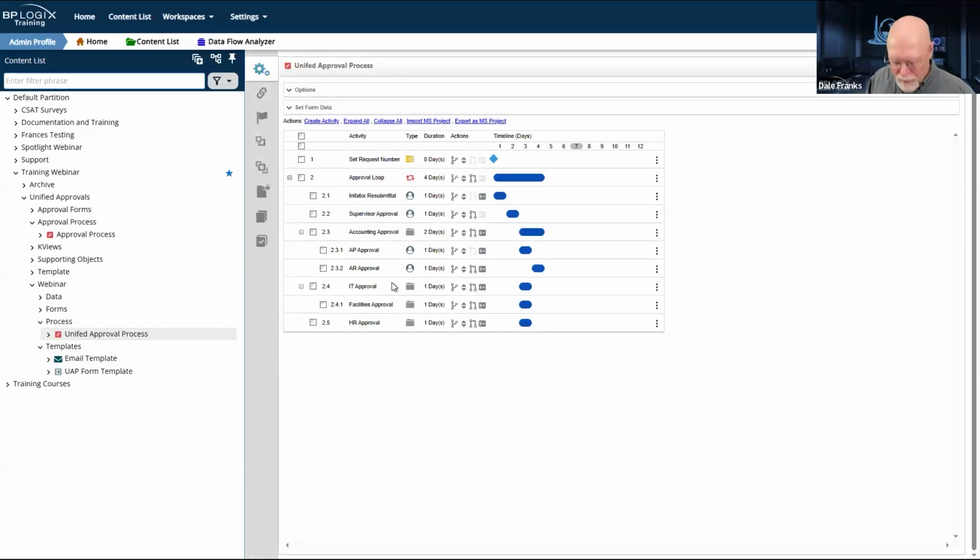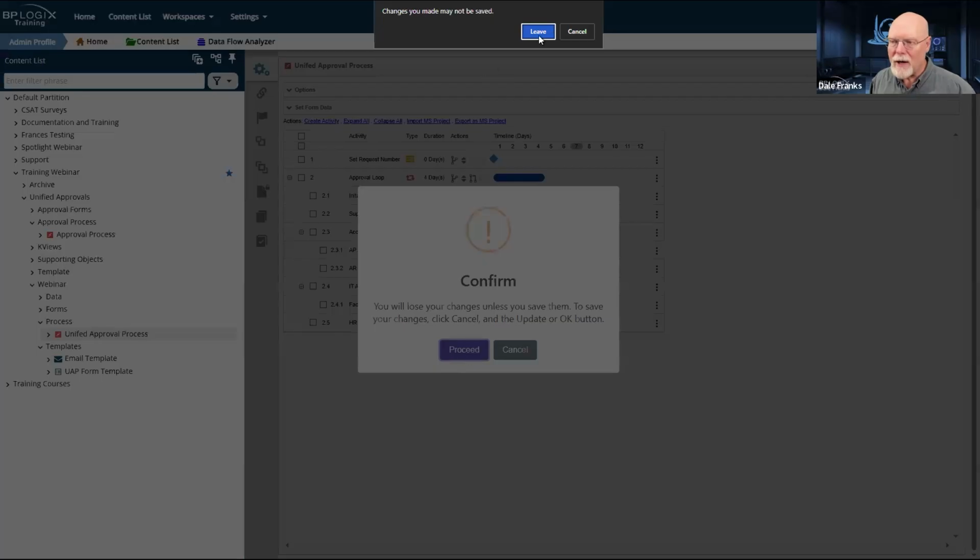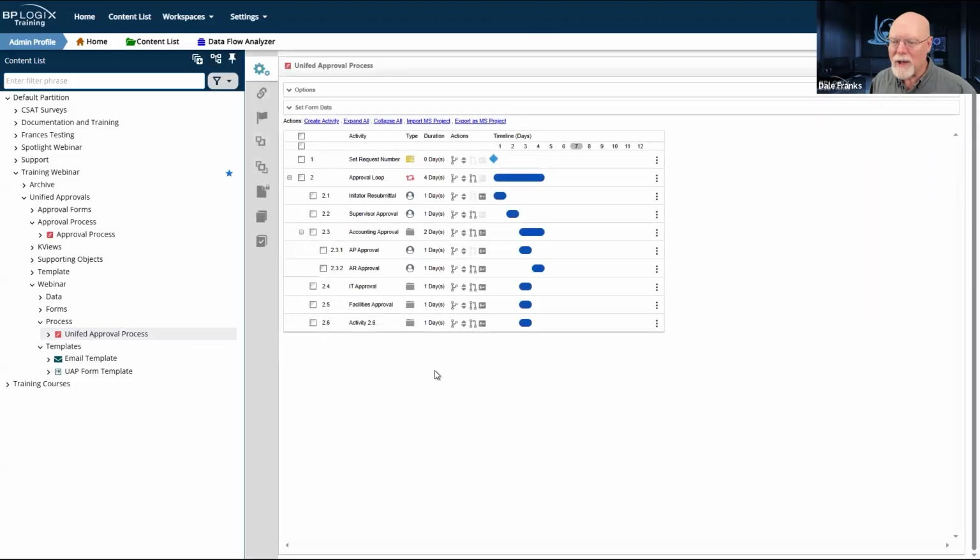In the accounting approvals themselves, I did not want to do whatever it was that I just did. Sorry, I need to refresh this. I think I moved something inadvertently with my mouse. Once my accounting approval starts, so once it looks at the form and it says, okay, our function is AC, so this is an accounting function, I'm now going to run this segment of my process timeline.